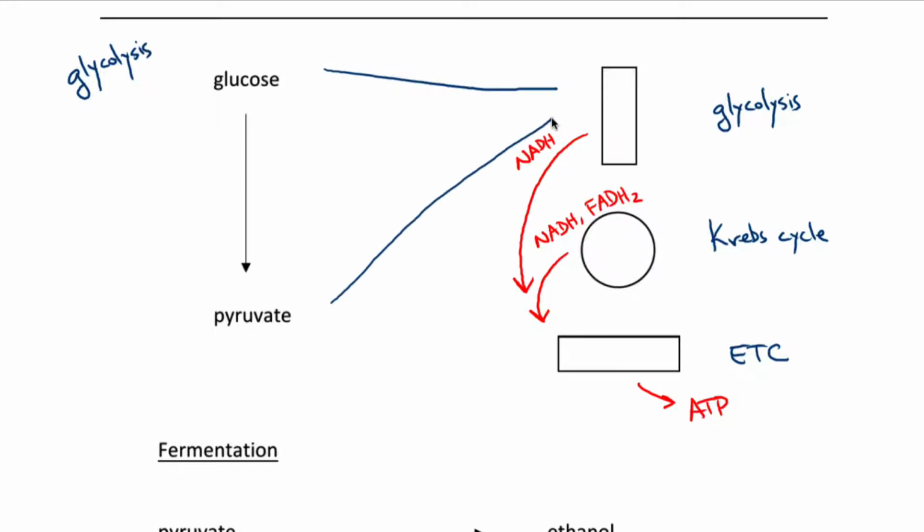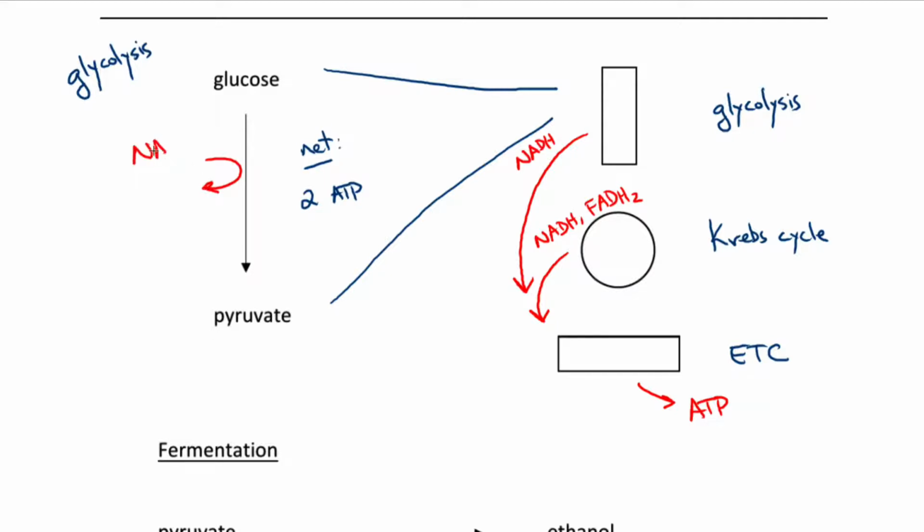I'm not showing any of the reactions in glycolysis, just the input and the output of glucose and pyruvate respectively. And this process of just glycolysis makes a net of only 2 ATP compared to the 30-ish ATP of the full aerobic cellular respiration process. Importantly,